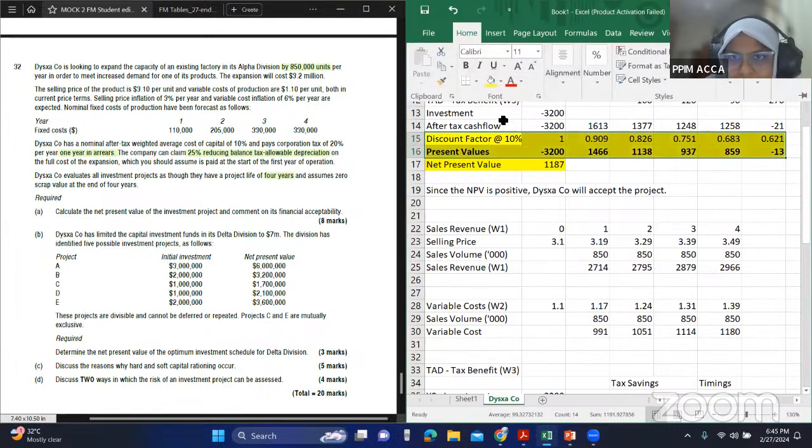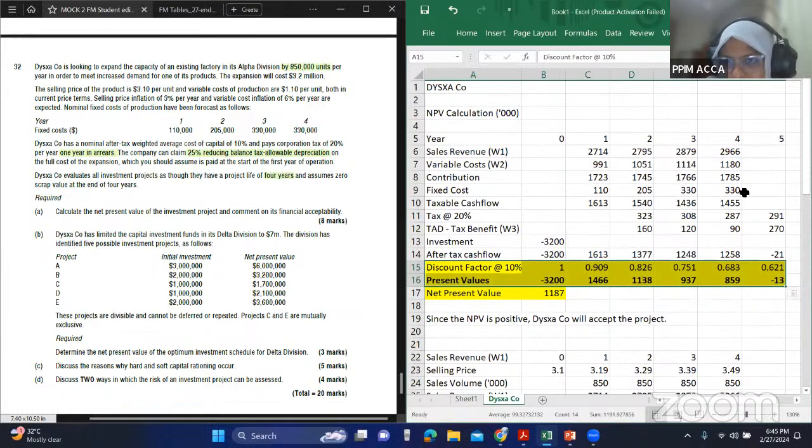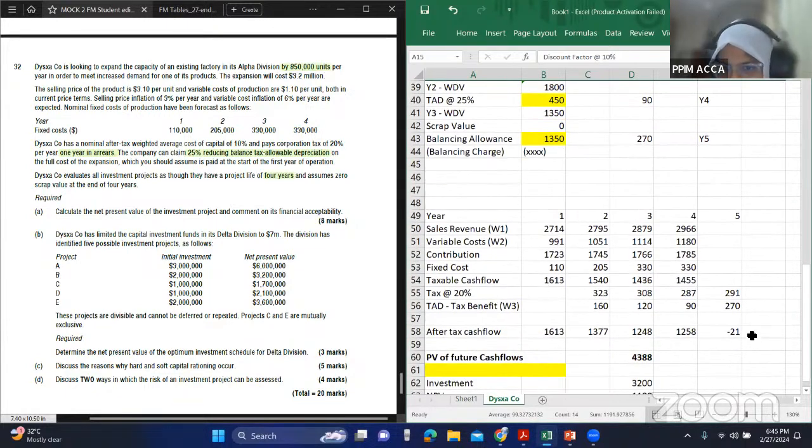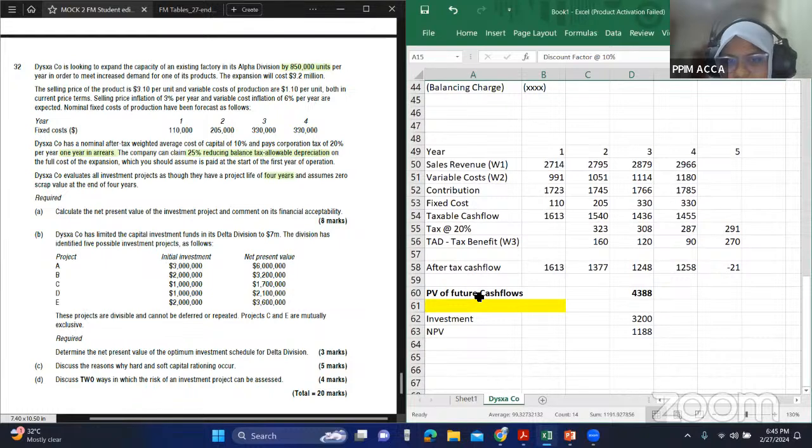So what do you do? Basically, you have to have year 1 to 5. You can't include the investment year. Year not has to be done separately. So you will have year 1 to year 5, get the after-tax cash flows. After that, you can get the present value of these future cash flows. How do you do that? The function is press the equal sign, NPV, open your brackets, give the percentage of the discount factor. And then you have to just choose the cash flows. And then you will get the present value of future cash flows. To this, you have to deduct the investment and you will get the NPV. At your exam, this is 100% allowed.